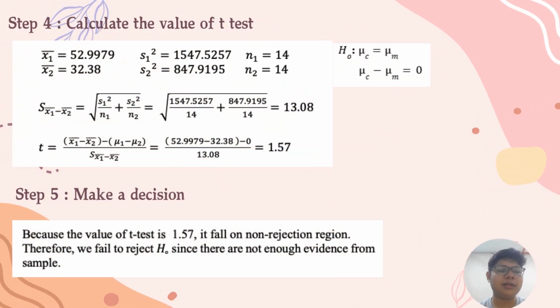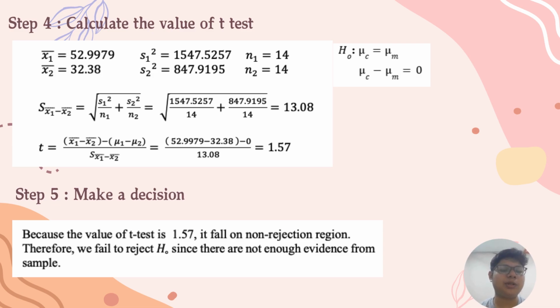Next, we calculate the value of the t test. Our information is given in the first calculation, which is x1 bar equals 52.9979 and x2 bar is 32.38. S1 squared is 1547.5257 and S2 squared is 847.9195. Our N1 and N2 will be 14, and mu k minus mu m will be 0 based on our null hypothesis. So we will find our first variable, which is S x1 bar minus x2 bar. We substitute into the formula, which is the square root of S1 squared over N1 plus S2 squared over N2,